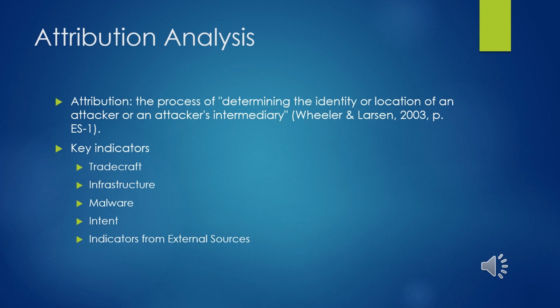When a cyber attack has occurred, one of the questions defenders and stakeholders want answered is, who is responsible? Attribution analysis aims to answer that question as accurately as possible. Due to the complexity of information systems and network communications, an attack is likely to create numerous indicators. Some of these indicators may contradict each other.